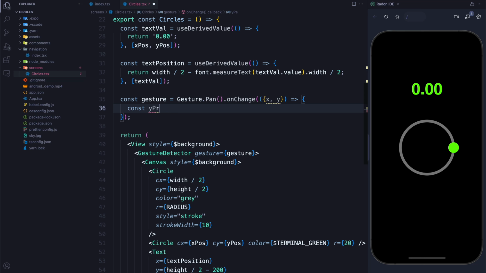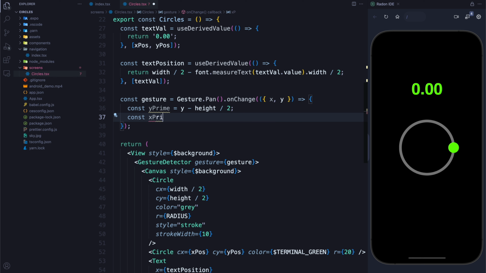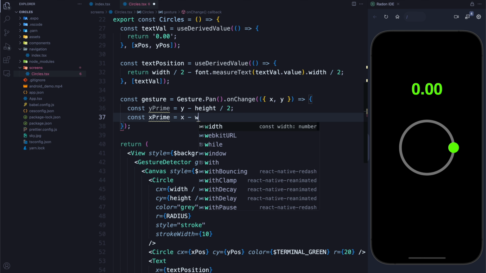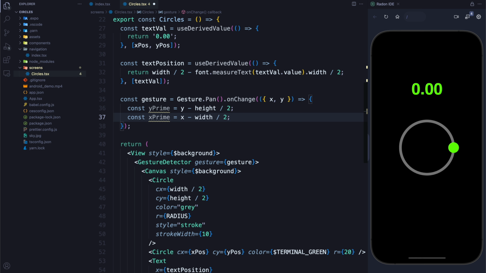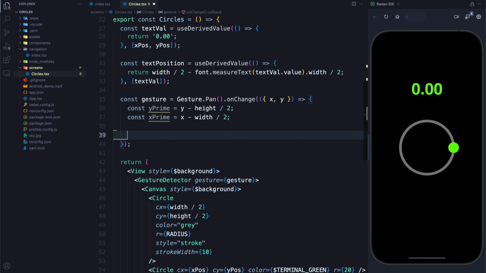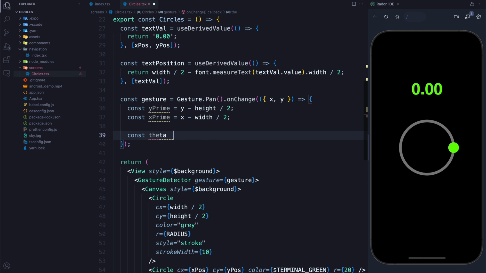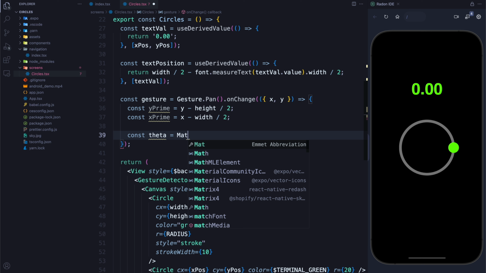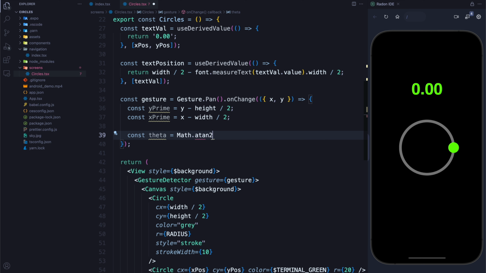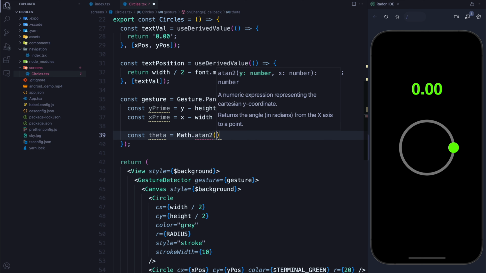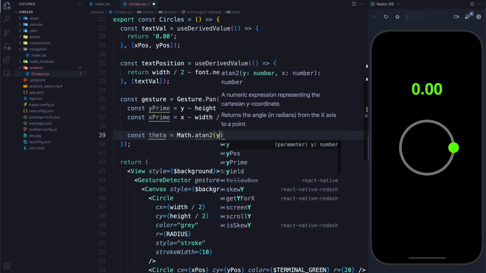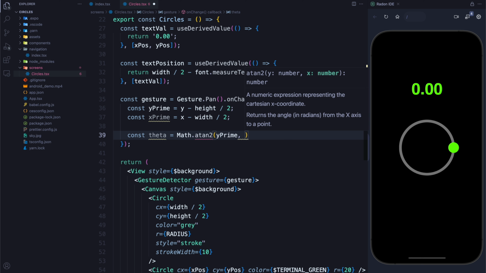So y prime is equal to y minus height divided by 2. X prime is equal to x minus width divided by 2. Okay, now we can use arctangent 2 like we described earlier. And we'll call that our theta. And inside of here, what we're going to do is give it y prime, then x prime,